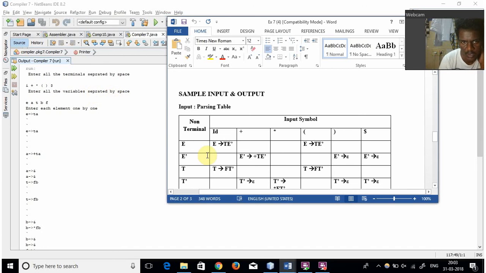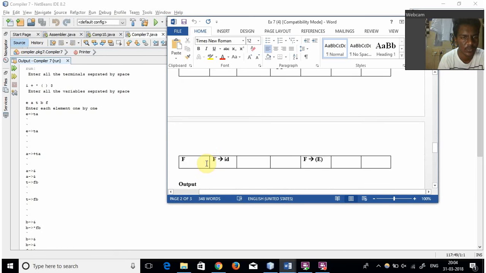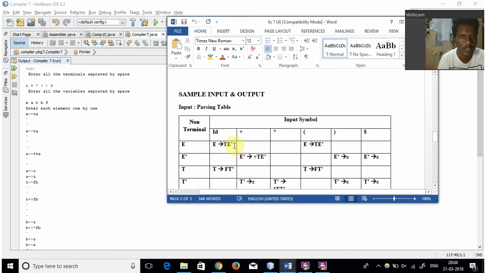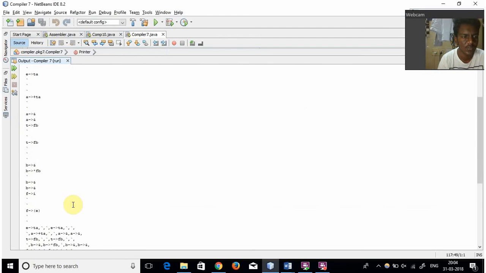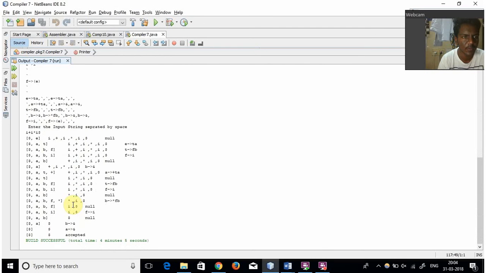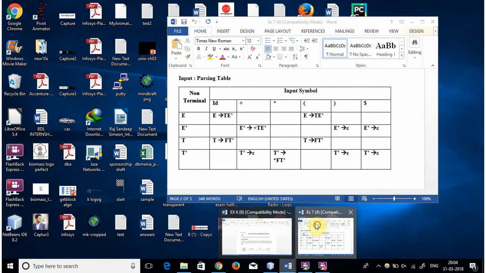So I have entered the variables like E, E dash, T, T dash, and also F. So these are entered, and after that all the values in the table are given. Where there is an empty space I have given a symbol like this. So after this, when we run it, it asks the user for the input string. So the input string will be this one,